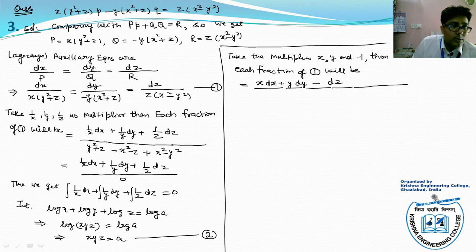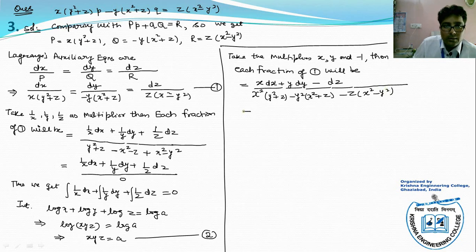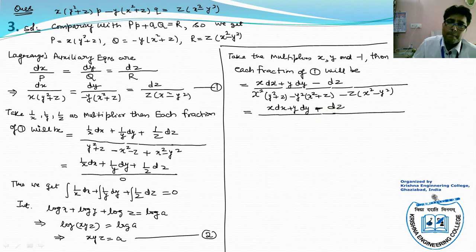denominator. So this becomes x square y square plus z minus y square x square plus z minus z x square minus y square. So this is x dx plus y dy minus dz upon